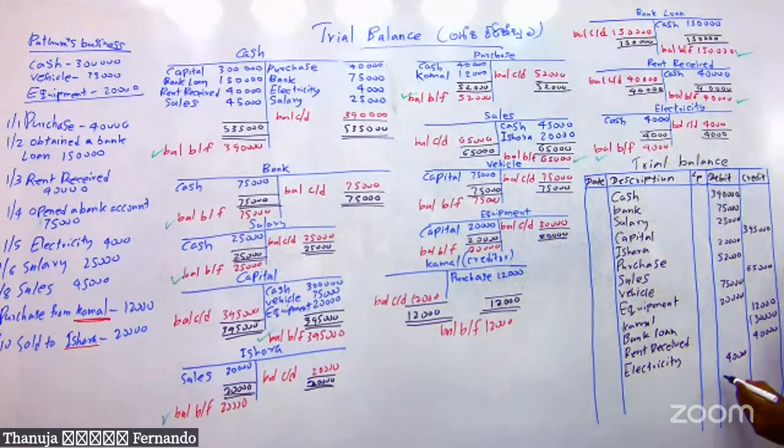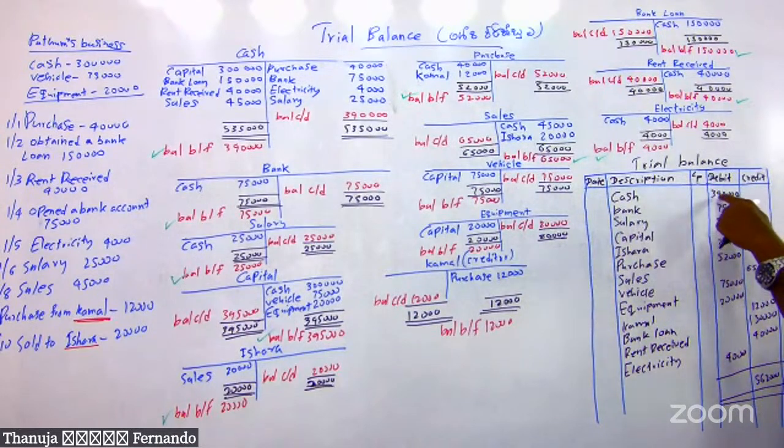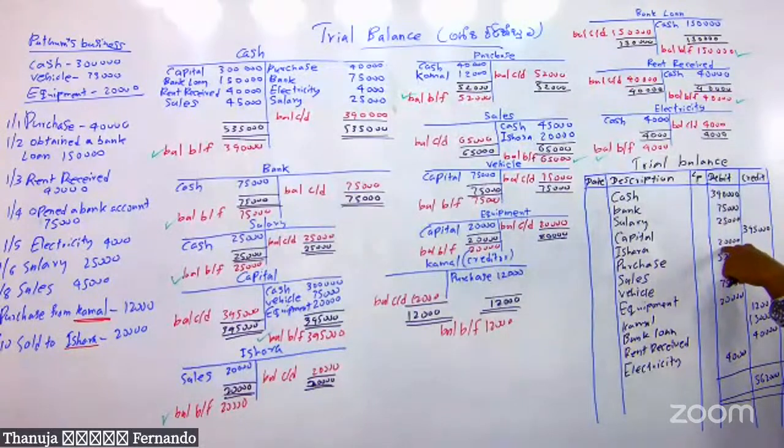So first of all, we are going to record these balances in the trial balance, right? Then we get the total of both sides, right? 395, 460, 510, 550, 562,000. 390, 490, 510, 562, 582, 586, no, 390, 75, 490, 561,